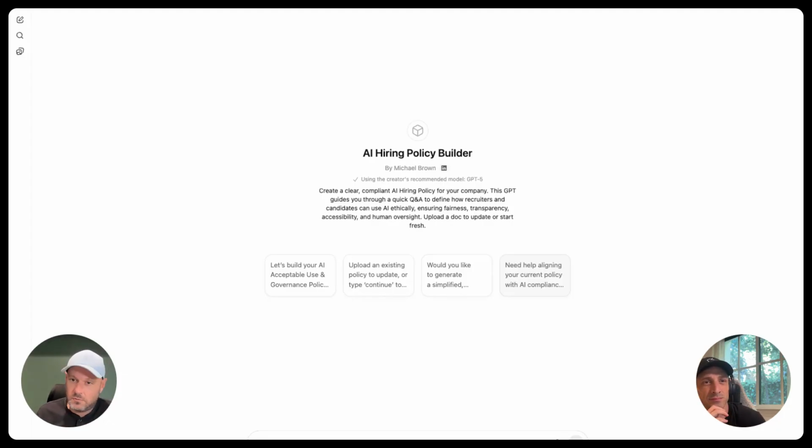You can also, if you have an existing policy or the beginnings of one, drop it in and click the second button, and it'll help you take what you've built and expand it. If you just need something super simple, that's what the third button is for.